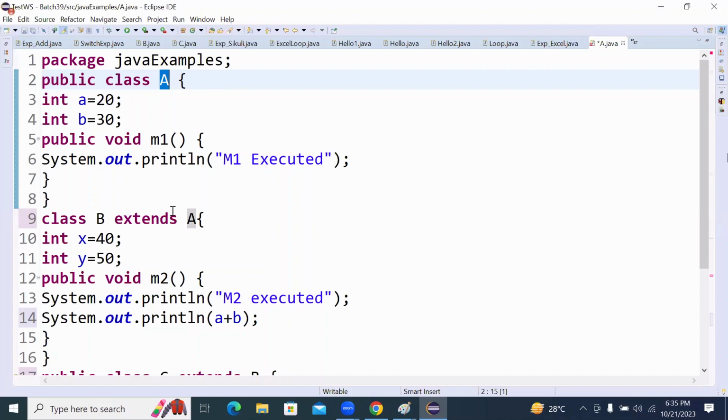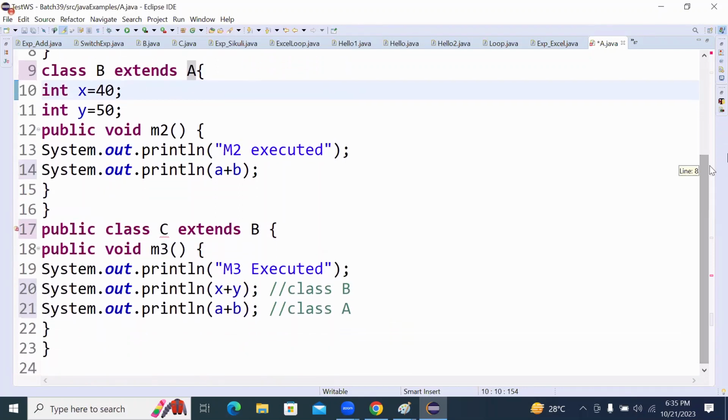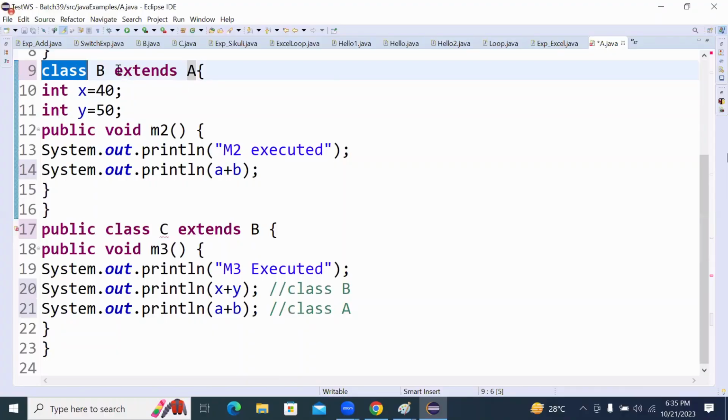Let's go with class B. This particular class B has been connected. For which class has it been connected? Class A. It has been connected with class A. When you compare with class C,